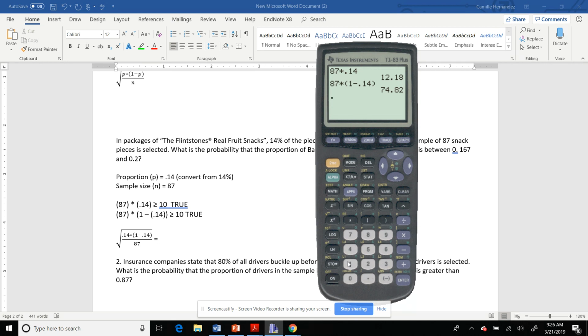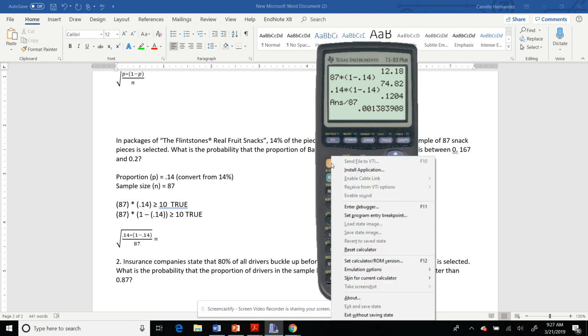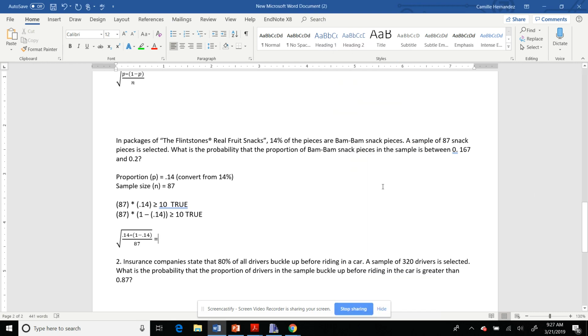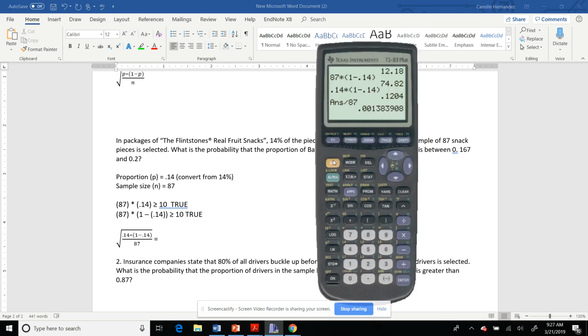My first step is 0.14 times parentheses 1 minus 0.14, and I'm being really careful with the parentheses. I get 0.1204. I'm going to divide that by 87, and then I'm going to square root it. Watch while I do the square root because I don't have to write that whole long string over again. I'm going to do second, hold on, sorry about that. Second